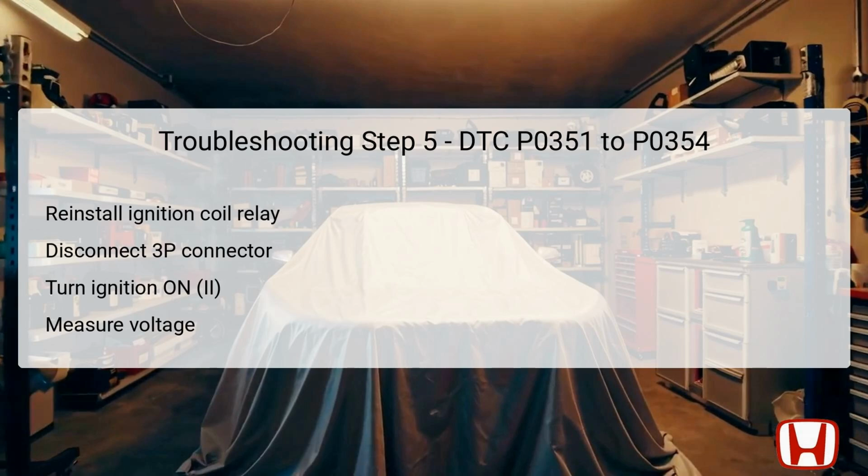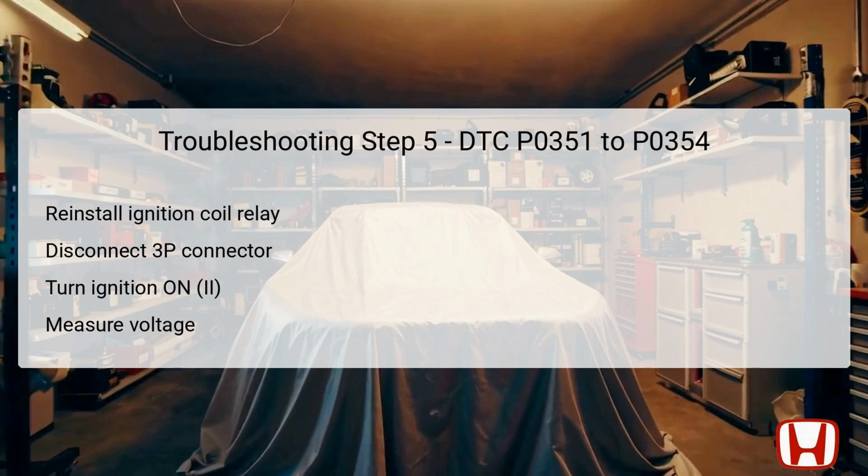Next, measure the voltage between the specified test points. Test point 1 should be the red wire at connector number 1, and test point 2 is body ground. If you find battery voltage present, the IG1 IG coil wire is confirmed to be functional. If not, this indicates an open circuit in the wire between the ignition coil and relay, which will require repair